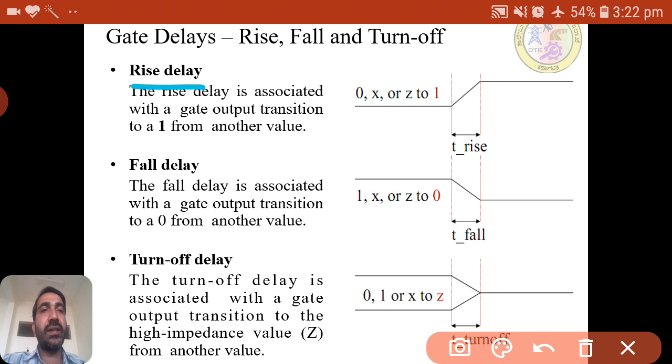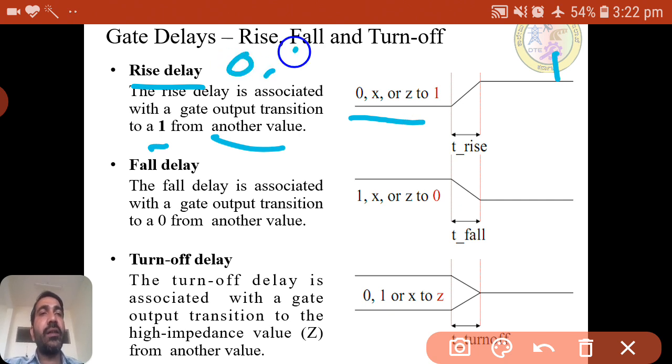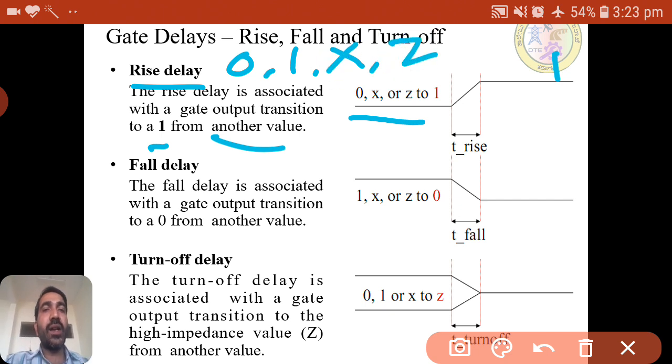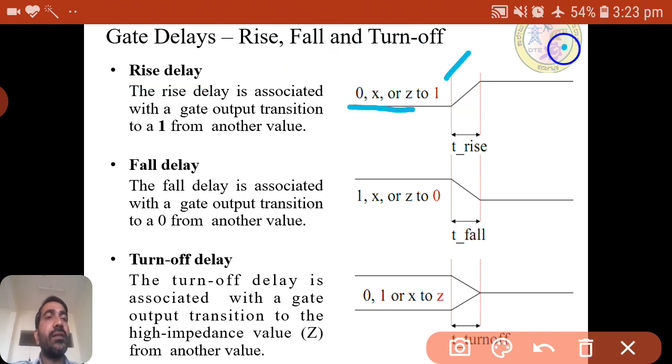The rise delay is associated with a gate output transition to 1 from another value, meaning the output becomes 1 from 0, X or Z. As we know, in Verilog there are only four values we consider: 0, 1, X and Z. So if the transition is happening from another value, 0, X or Z, to 1, then whatever time the change takes from that other value to 1, that duration we call the rise delay.